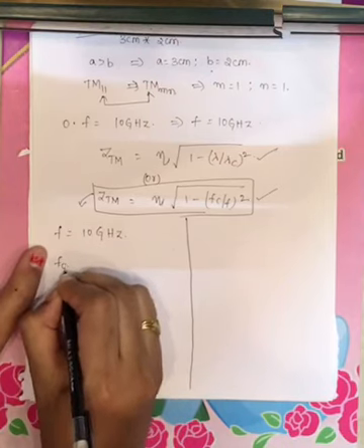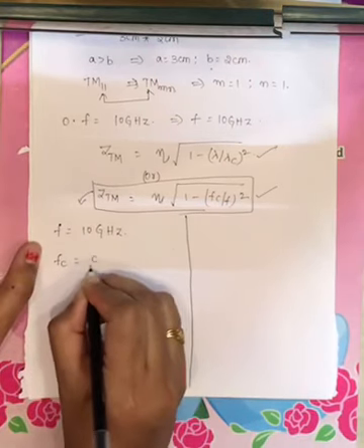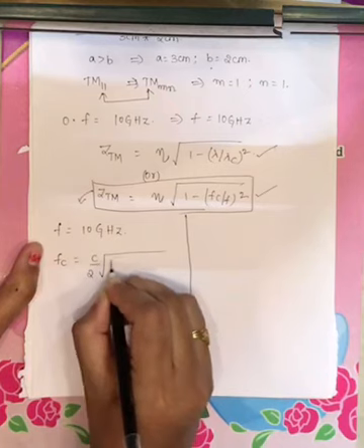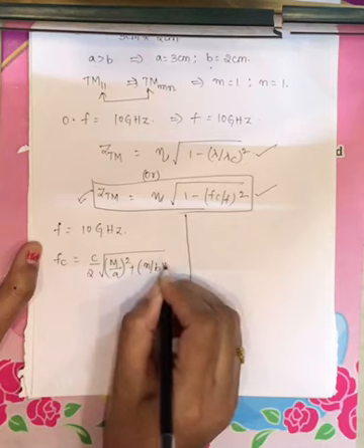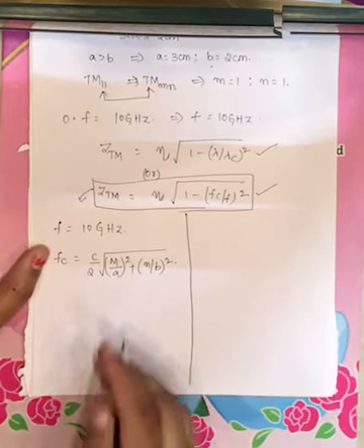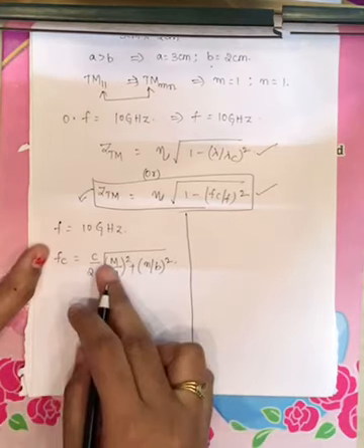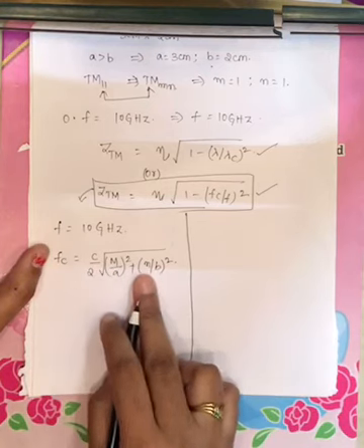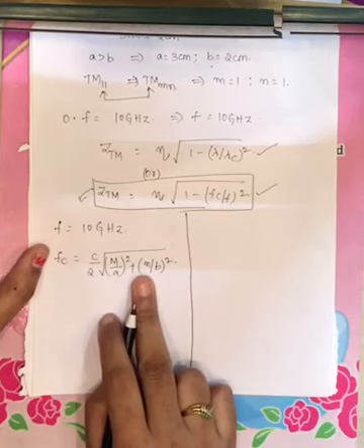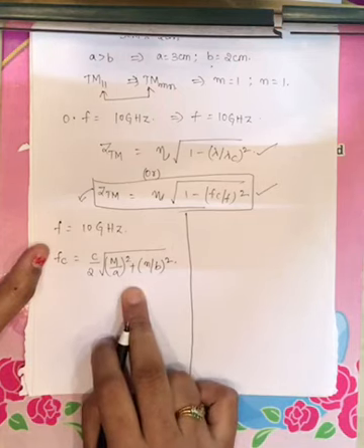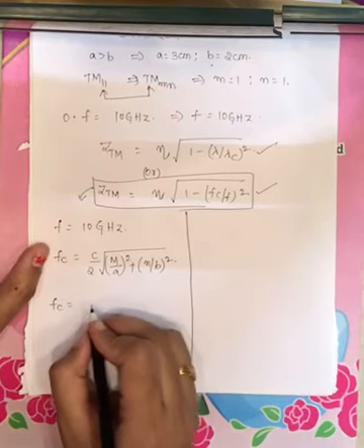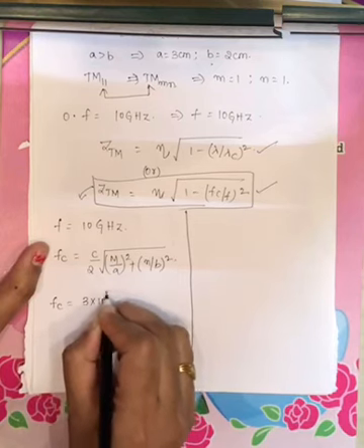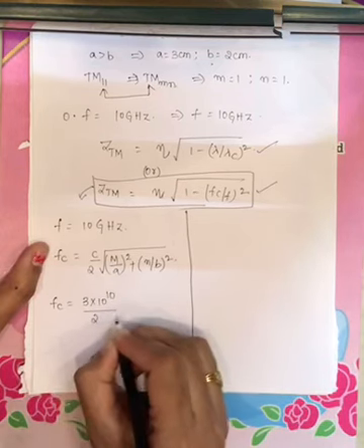Now we have to calculate fc. What is the expression for fc? Fc equals c by 2 under root of m by a whole square plus n by b whole square. Now you know the a value, b value, m value, and n value. Now using these values, calculate the cutoff frequency. Fc equals c, that is 3 into 10 power 10 centimeter per second, divided